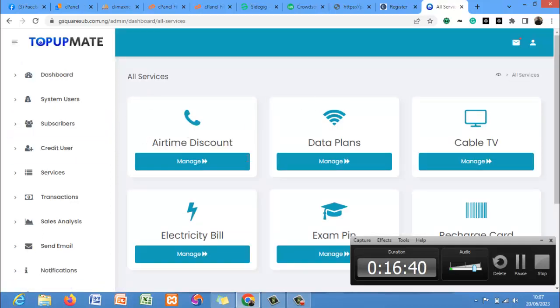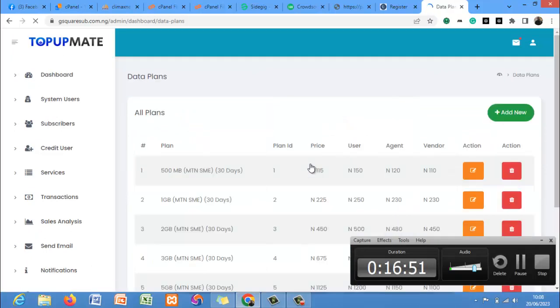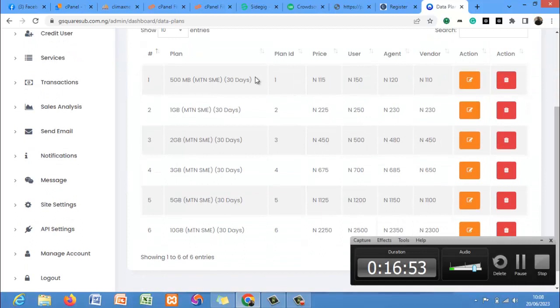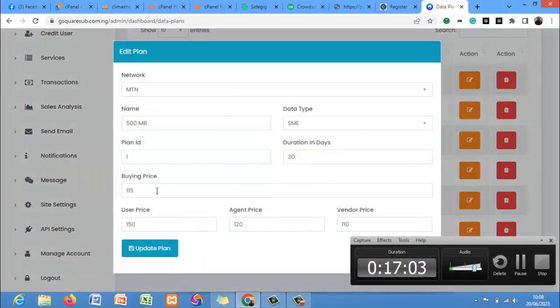Then the services. These are the services on this: airtime, data plan, cable TV, electricity, and all this. So you can choose to edit or manage all of the services the way you want. Now this is the plan ID of each service. Of this 500 MB, it has a plan ID. Then this is the buying price. Now if I click on this pencil icon, this is the buying price you are buying from your vendor or from your API. Now this is the user price you want to sell it at, this is the agent price,